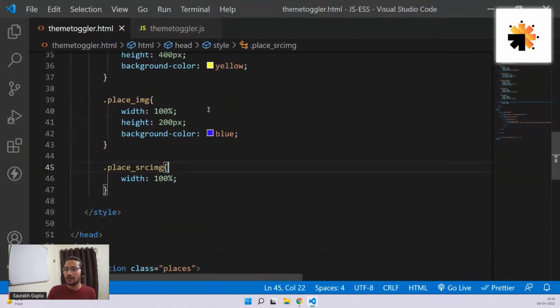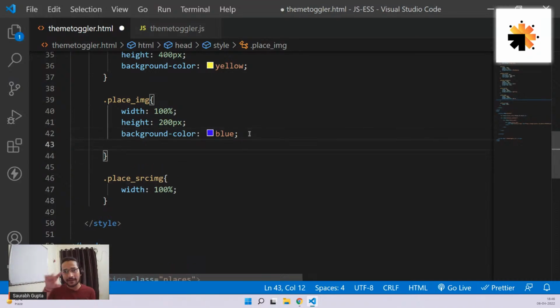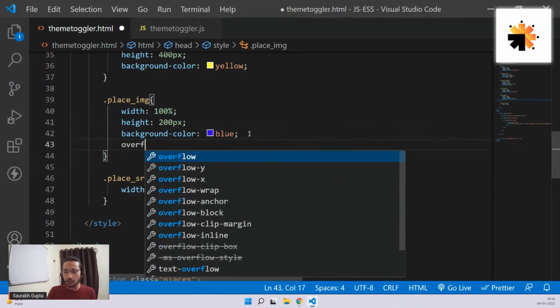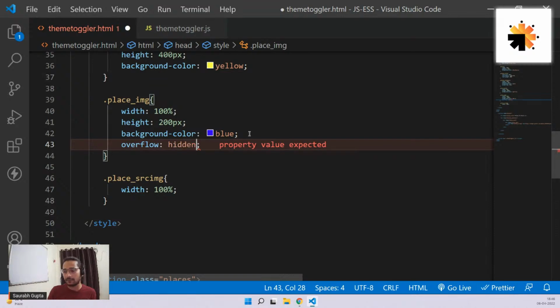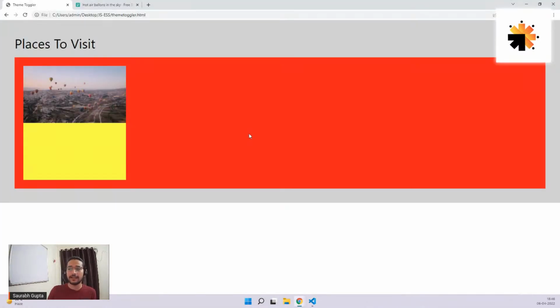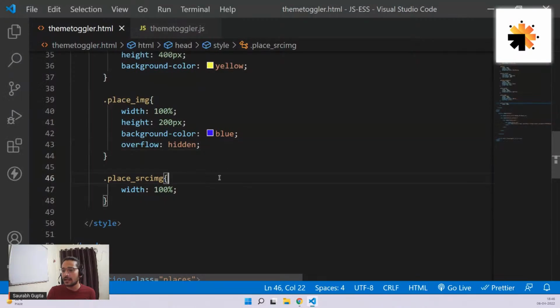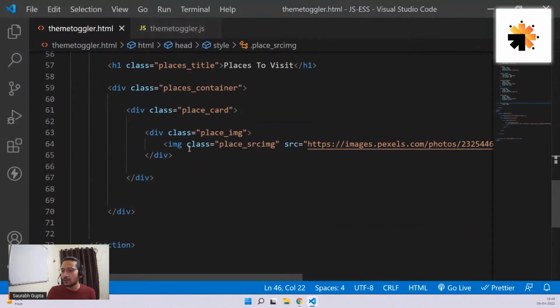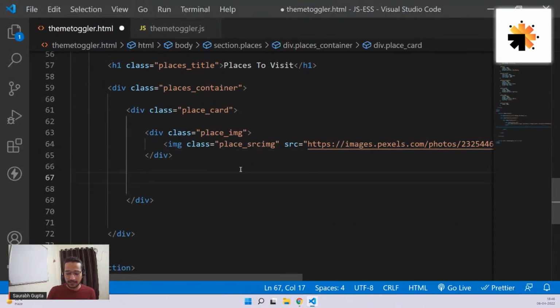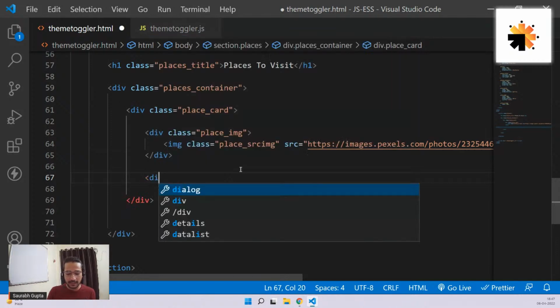And also, I'm going to go to the main div, that is my image div, and I'm going to give it an overflow of hidden so that any extra part of the image is hidden like this. So now see, guys, everyone, this much image is visible. I hope everyone is understanding till now. Very basic. Okay. Now then, let's quickly go and create one more div in here,